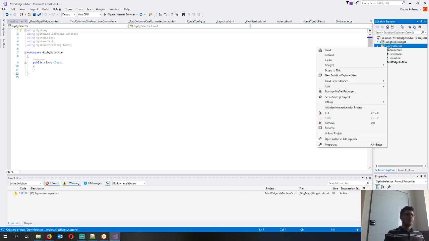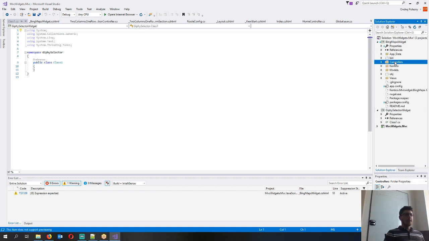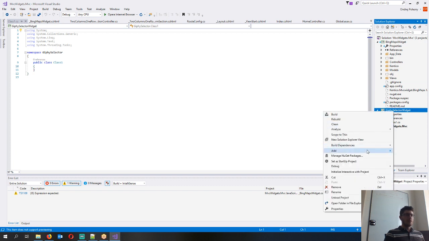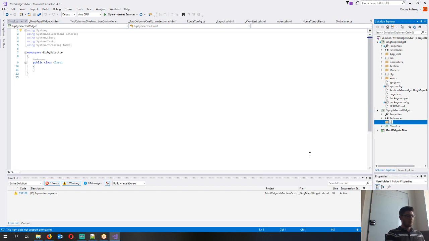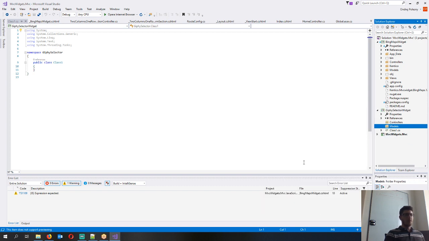Could call it Giphy selector widget to make it the same naming convention. And then of course this actually copies the MVC structure. So I'll add here a folder called controllers, and I'll add here also a models folder